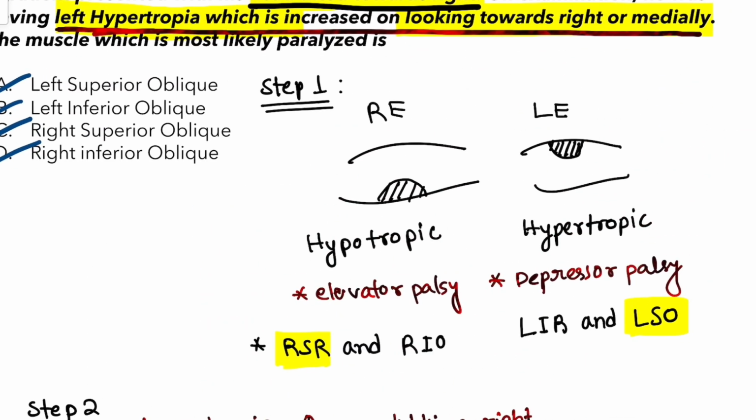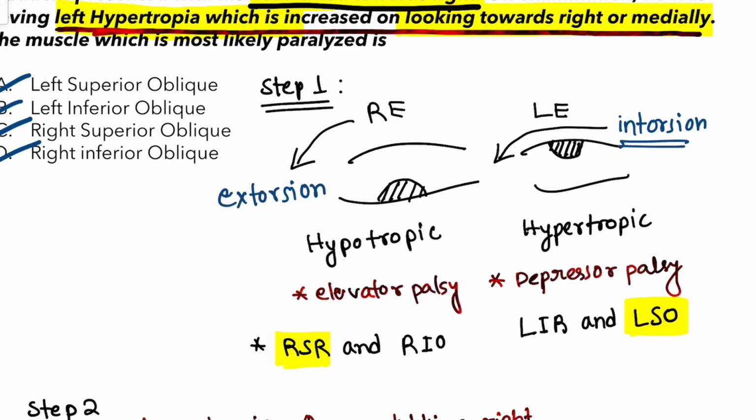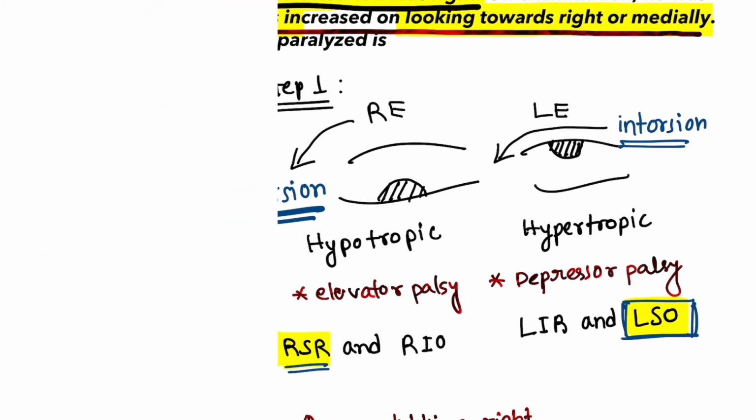So let's see what right side tilt means in case of the right eye and in case of the left eye. In case of the right eye, we can see that there is extorsion, and in case of the left eye it is intorsion. So the rule is head tilted towards the same direction as the paralyzed muscle's action. Here intorsion is caused by superior muscles, from the mnemonic SIN, superiors are intorters. So in case of the left eye, you can see that the intorsion is caused by only one muscle, left superior oblique, and the right superior rectus is not an extorter.